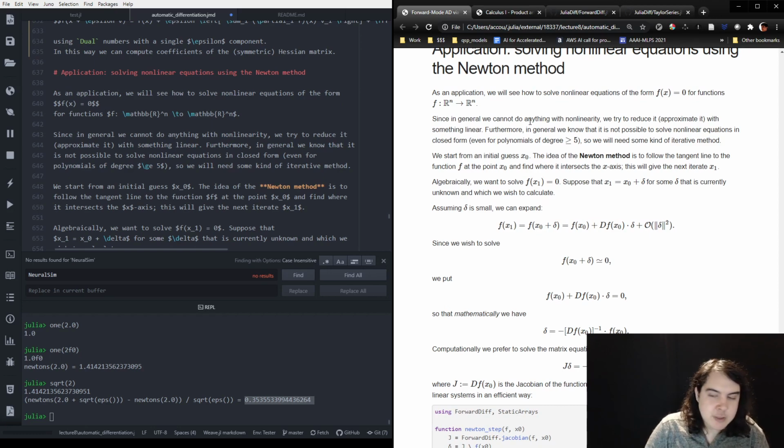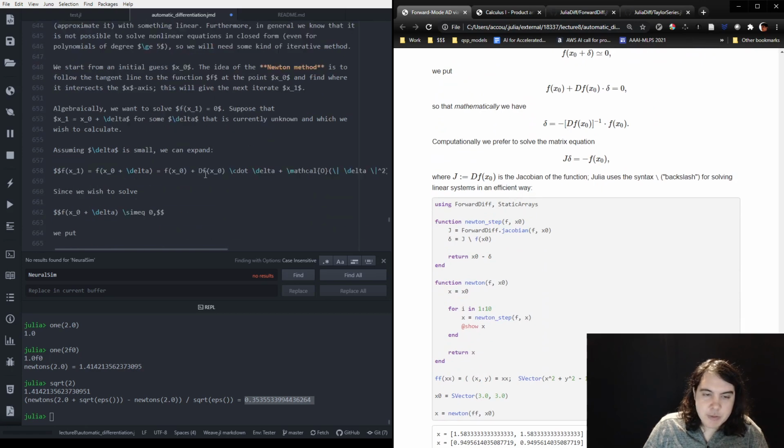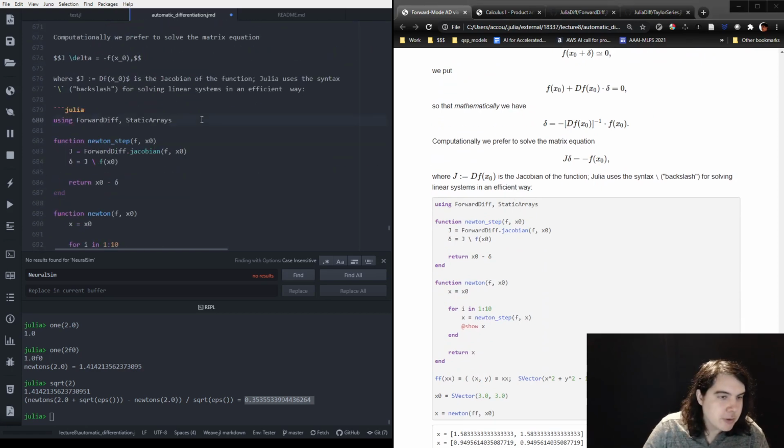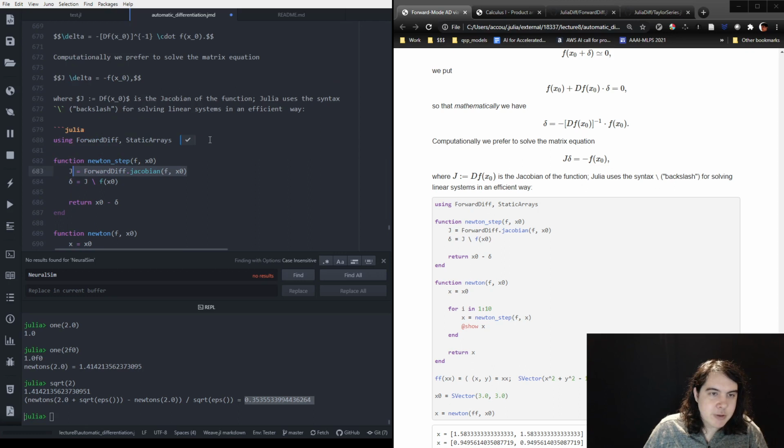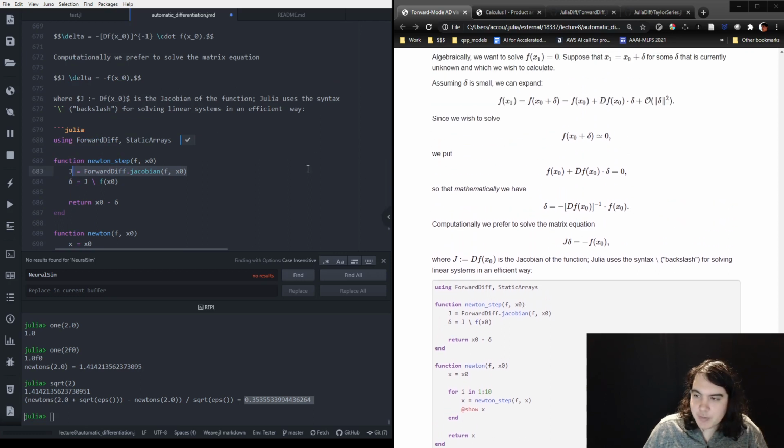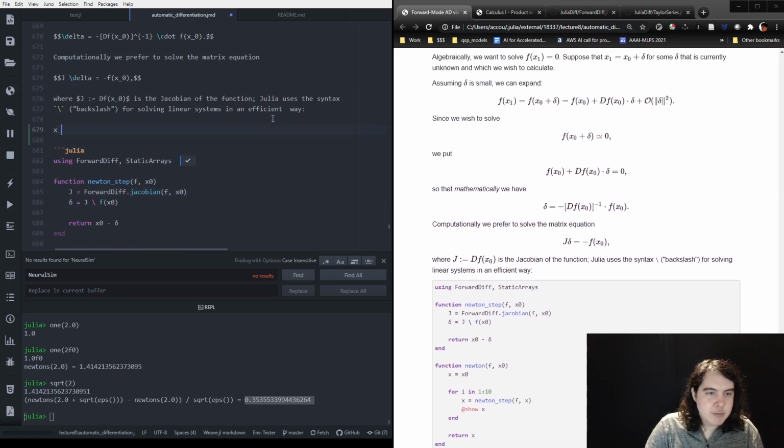You use automatic differentiation. So here, what I'm showing is that you can use this package ForwardDiff, which defines exactly the same automatic differentiation system that we defined here. It has more rules than what we defined in this lecture, but it's pretty much exactly the same under the hood. So, the way that you can do Newton's method, right, is you say, well, remember, what was Newton's method? Newton's method was x_{n+1} equals x_n minus the Jacobian at x_n inverse